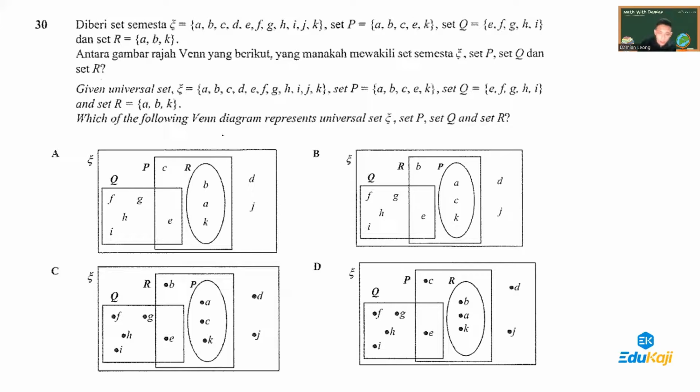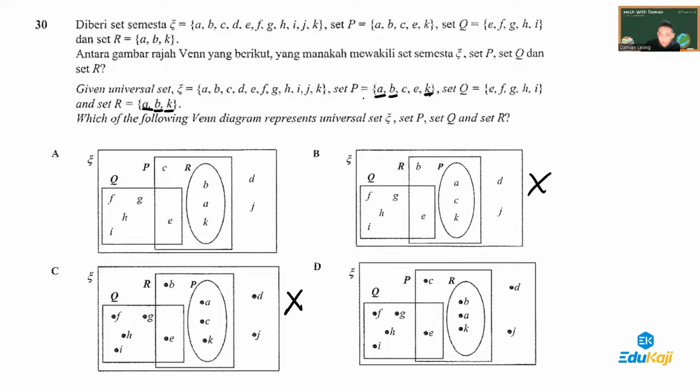So we always try to see the intersections first. So A, B, K here. This one A, B, K is here. So means set R is a subset of set P. Set R is completely inside set P. So definitely it's not this, not this. Yeah, either A or